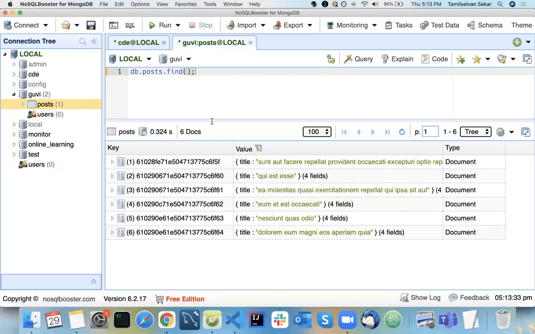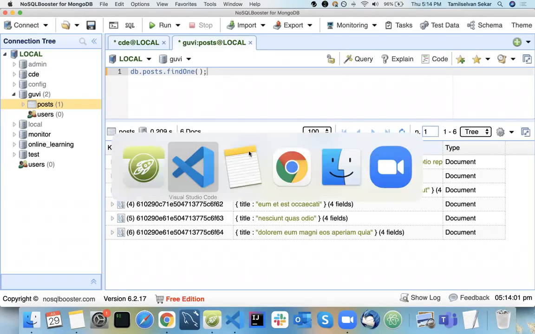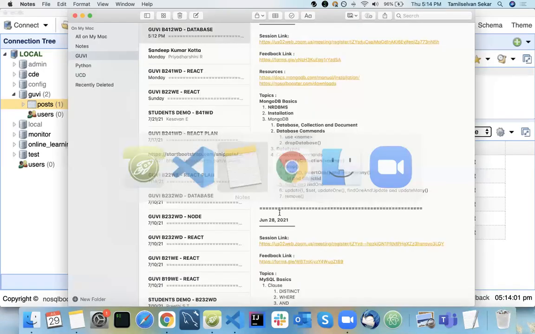In the same way we have something called find one. What will find one do? Find one is going to find only one particular piece of data, whatever condition you mention, it will apply to that. I first need to explain the class, where we have something like var, so that only this particular ID should come.